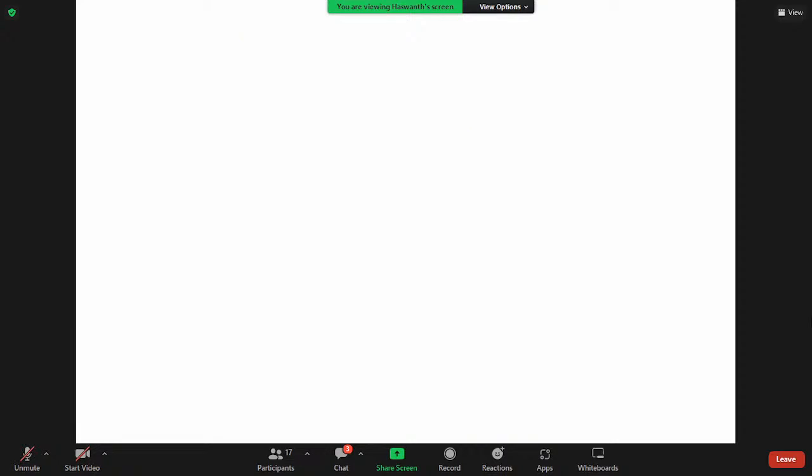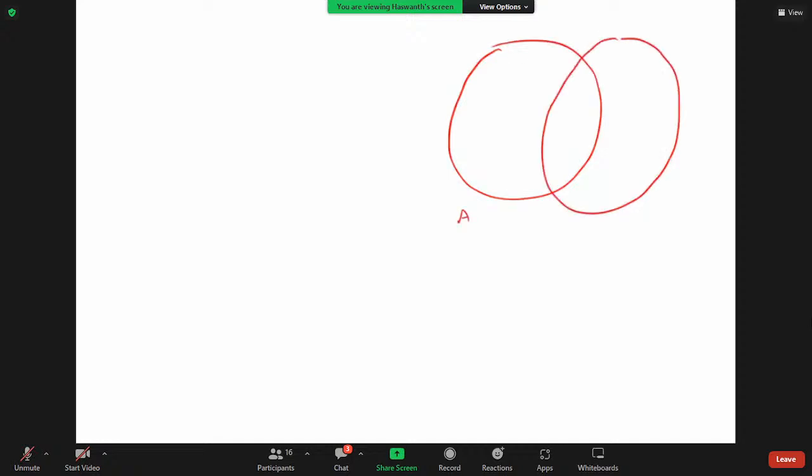Next, we have Venn diagrams for three cases. Let's say there is set A, set B, and another set C. For three cases, the formula which we employ is total minus neither